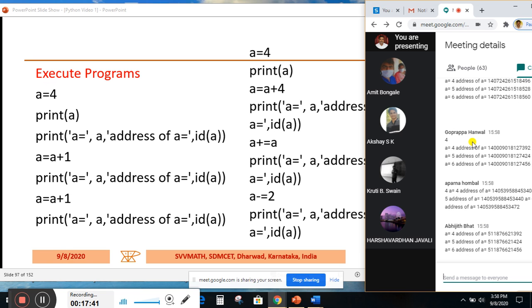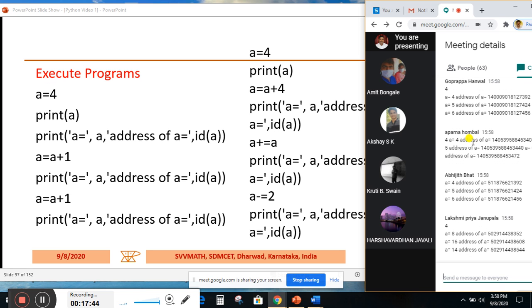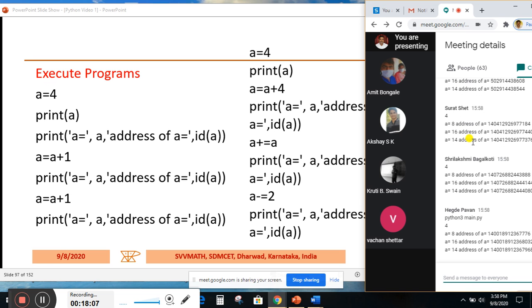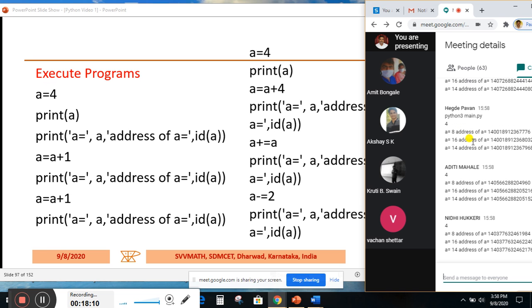This is a fundamental, this is a basic, one should know these things. Very interesting, very confusing also for beginners. Lakshmi Priya, good. Abhijit Bhatt, Aparna Humble, Goprapa, and Suraj Sheth. Okay, second one they are sharing. Hegde Pavan, Aditi, second one. Nidhi Hukeri, Nidhi, okay. And Soumya,